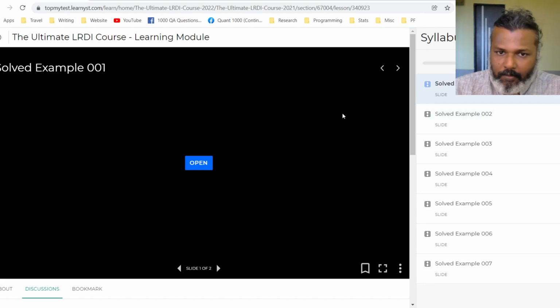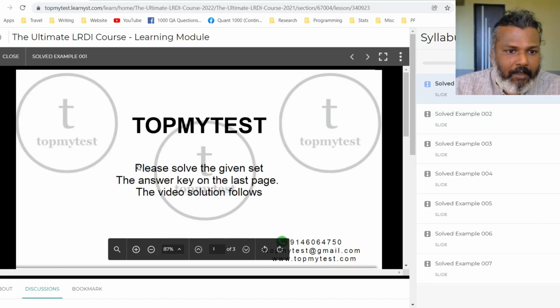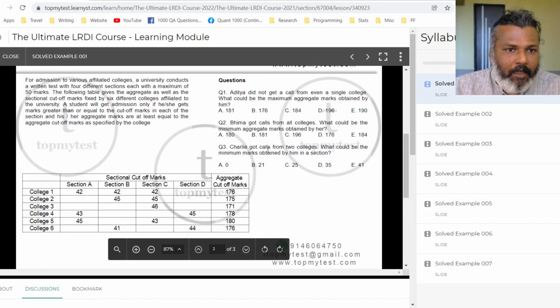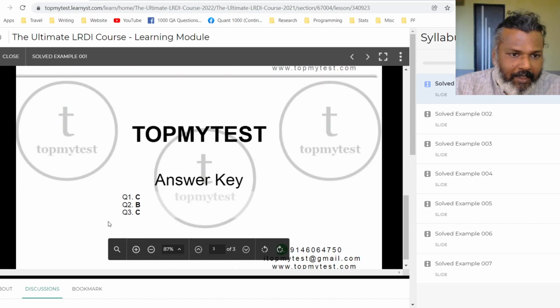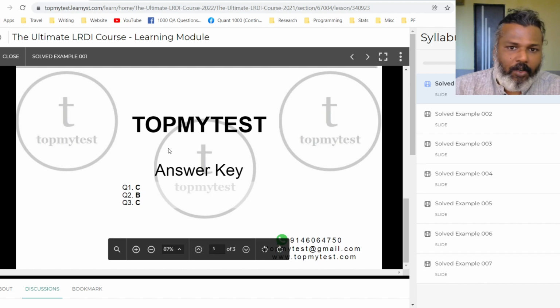This is for you to practice. Each solved example has a question and answer set. You can take this set and take as much time as you want. There is no timer in this. You can try to solve the questions, and the answer key is available on the last slide of each of these sets.